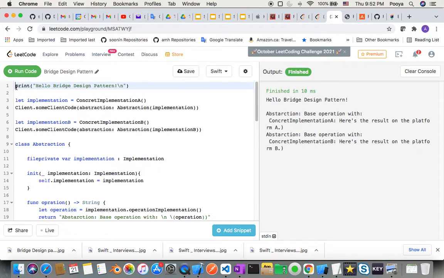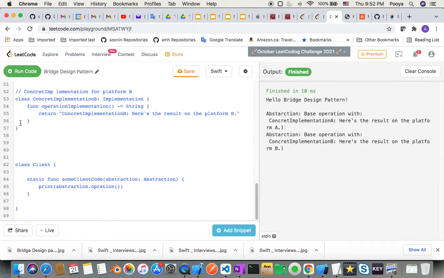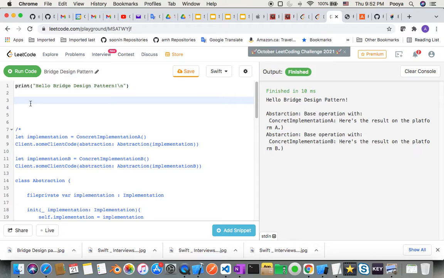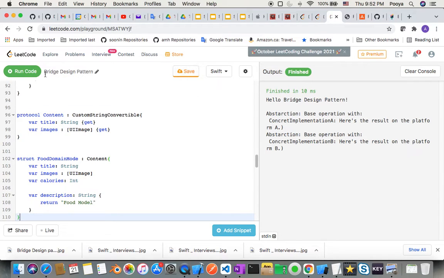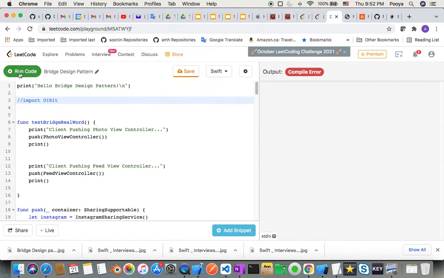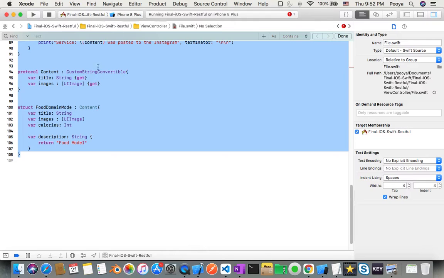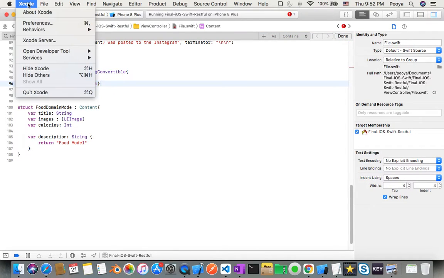So the old one, I'm gonna comment it, but I try. Okay, so I put this here, and now I try to run. I got, yeah, UI kit. I think I don't need to import UI kit. Let's see. If I get error, then I cannot run it. We need to take it to, yes, because I have removed UI kits, I cannot run it here. So the other option is to go to Xcode